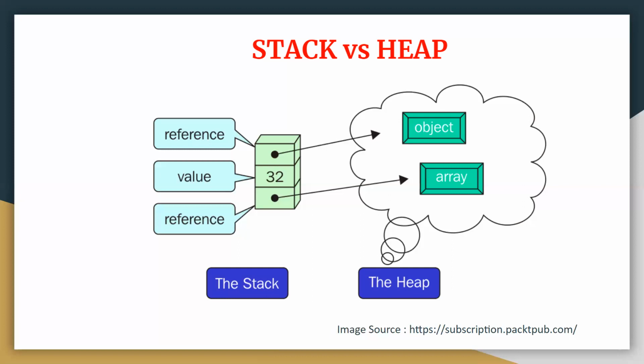Next, when we talk about accessing with respect to the stack, it is always fast because it is using static memory and it uses the mechanism that is last in first out. The variables are stored directly in the computer memory. When I talk about the access time required by the heap, it is usually slower because here you are going to use a dynamic memory technique, and in the dynamic memory technique you need to allocate the memory manually and it is not done automatically. That is why it is slow in the heap and faster in your stack.